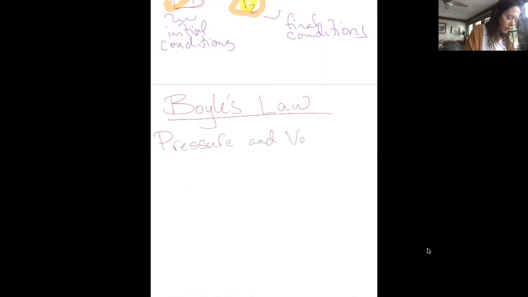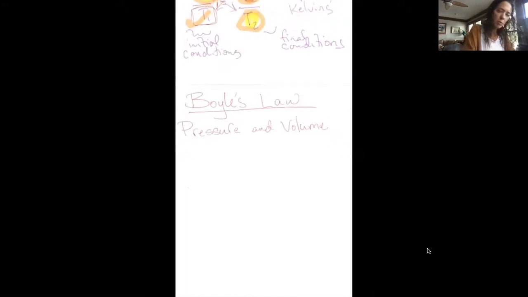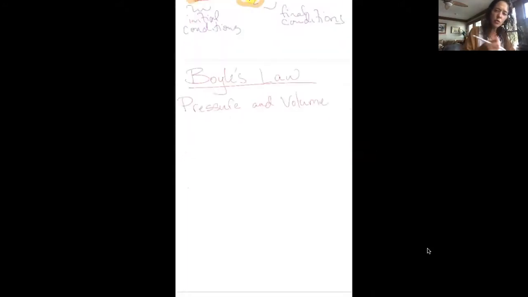Next law is the one I usually start with, most people do, is Boyle's law, right? And Boyle is going to relate pressure and volume. Boyle's one of the first scientists to do labs and collect data and analyze data. I think there's something true about that. And to run multiple experiments and to really start looking at the connections between values and variables. Okay,